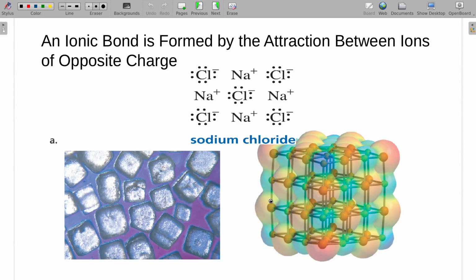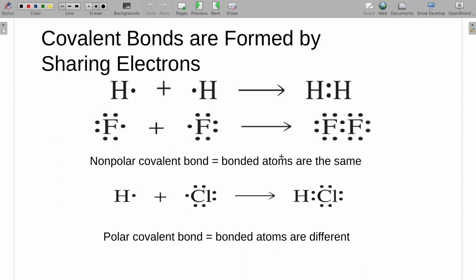All right. Next thing we're looking at here is the covalent bonds. Now, we just showed on that previous slide dealing with hydrogen, that very first one where the 2 hydrogens actually overlap and form a bond, and we typically end up drawing that something more like so. And even the fluorine, we typically see it drawn more like this, where the electrons that are overlapping between the 2 get turned into a line. And that line represents the sharing or the covalent bond. And if it's a heteroatom like HCl, we get something very similar as well.